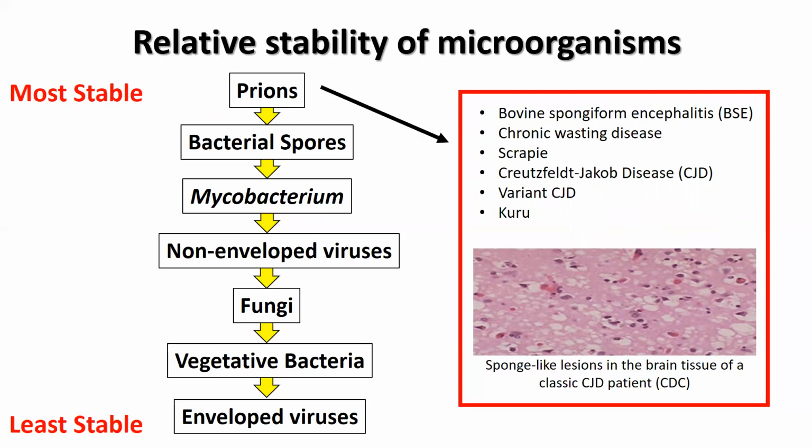Mycobacterium is a genus of bacteria that includes several causing serious disease in humans, Mycobacterium tuberculosis of note. These type of bacteria have a very different structure compared to other types of bacterial pathogens, and the structure of Mycobacterium make them very stable. Some types of foodborne bacterial pathogens have the ability to form spores that have high resistance in the environment. However, normal growing bacterial cells, i.e. vegetative bacteria, are not very resistant to disinfectants or heat, though many can survive in the environment for long periods of time if conditions are ideal.